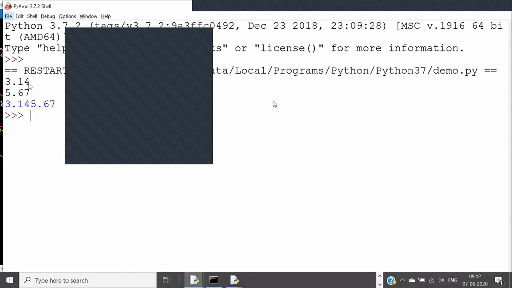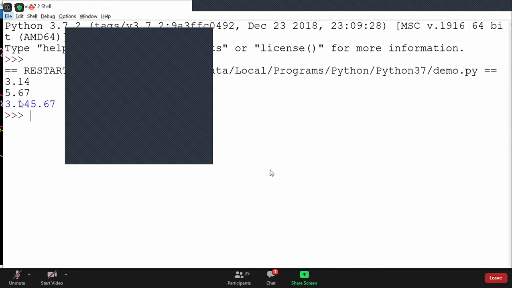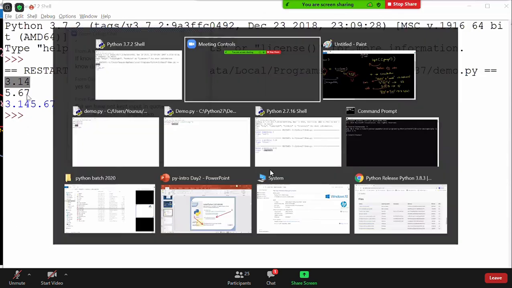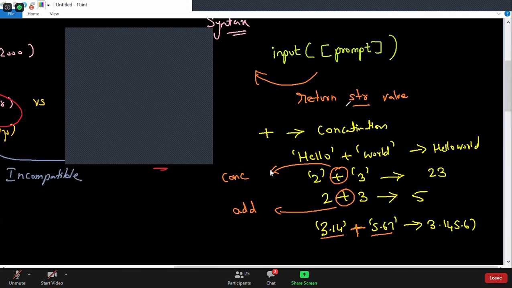Yeah, we have not given quotes, but it will always take it as a string only. It will convert into string whatever you enter. You have given a float, no doubt, Ram, but the input function will always convert it into a string. That's what I told you. That's why I told you here that it will always return a string. Very good, Vishwajit. Understood everyone now?